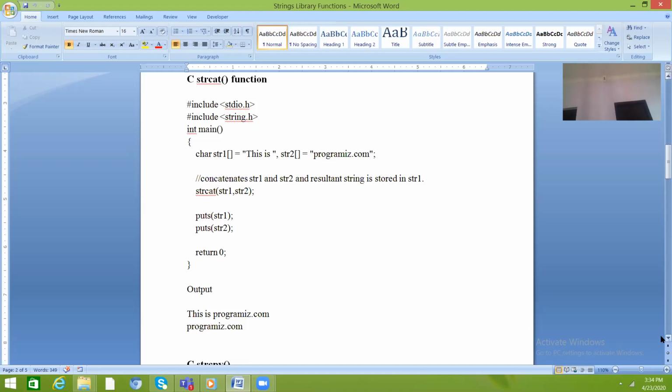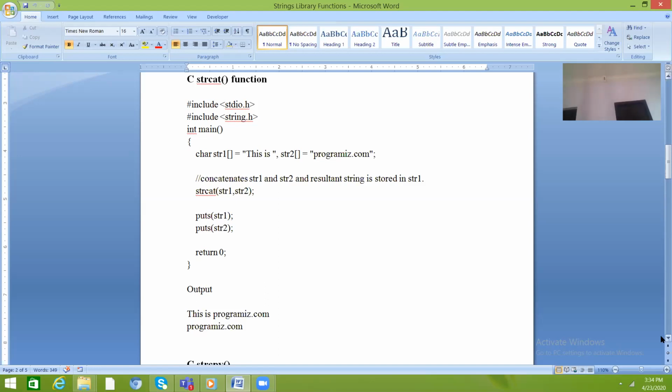Now this is the program for string concatenation, where I have used the function strcat, which is for string concatenation.